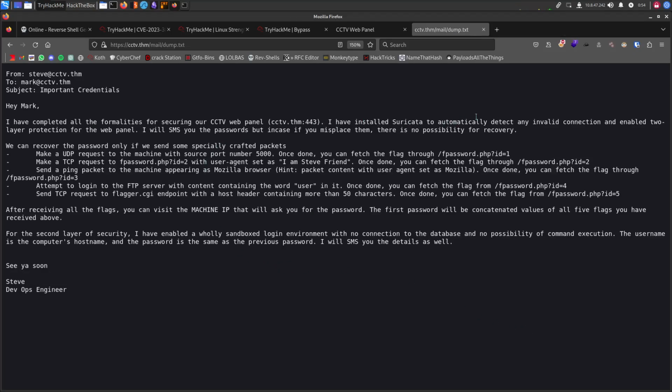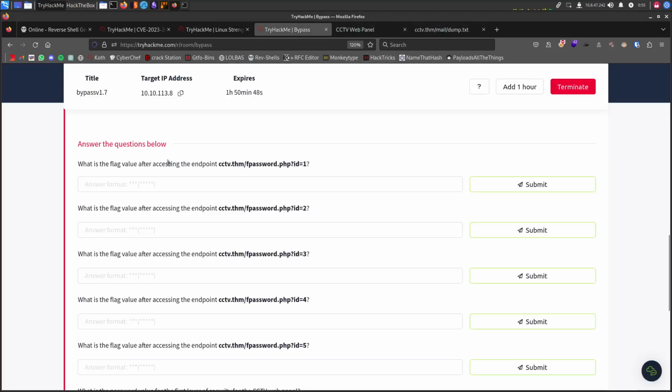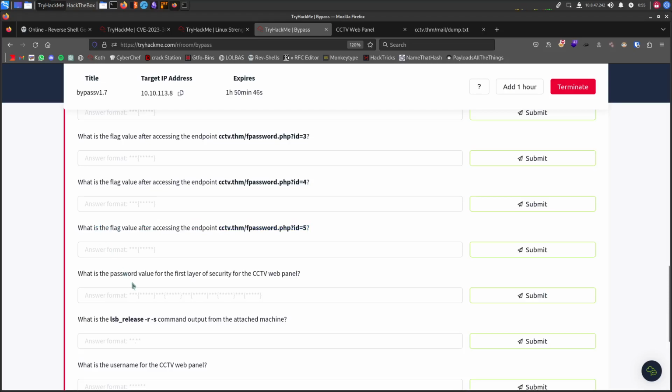Right, okay, let's move further. To automatically detect any invalid connection and enable two-layer protection for the web panel. Cool. And we can recover the password only if we send some specifically crafted packets. Right, so we're not actually evading an IDS here. We're just doing a CTF thing, right? So we have to perform these 5 tasks to get these 5 flags, and we'll probably get the password for